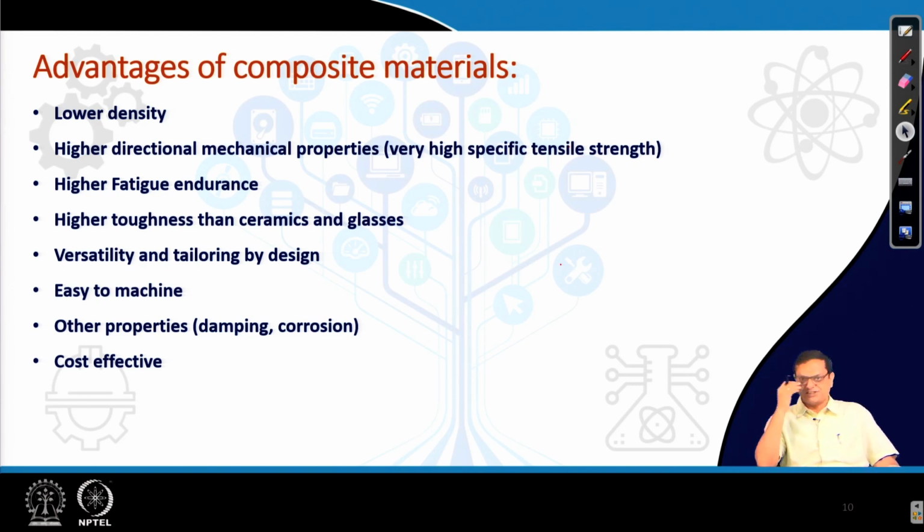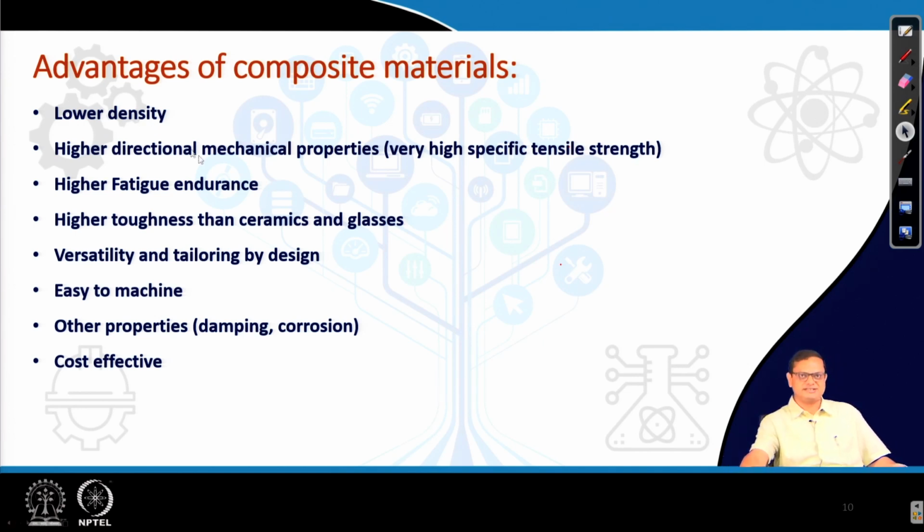For example, lower density. Now, lower density means, what I am trying to say here is lower density with high strength. For example, aluminum matrix, low weight. Now, if you reinforce that with high strength reinforcement materials, the strength improves. So, I am talking about that kind of lower densification. Like aluminum matrix, if you reinforce with SiC or other fibers, density goes down, at the same time